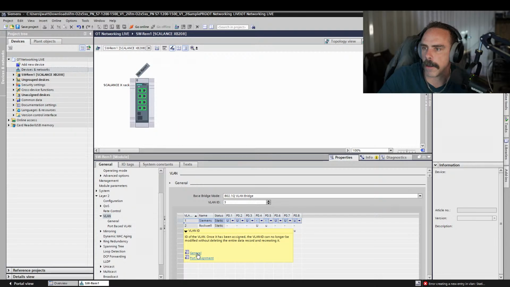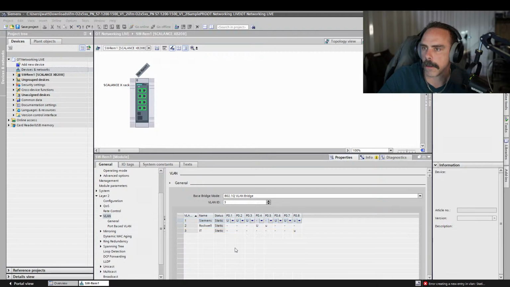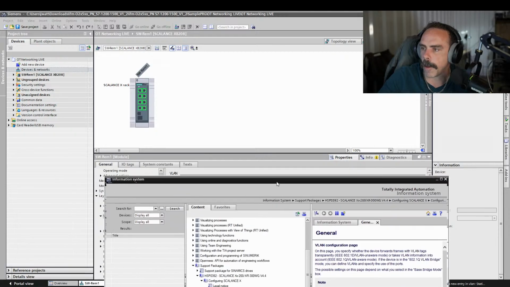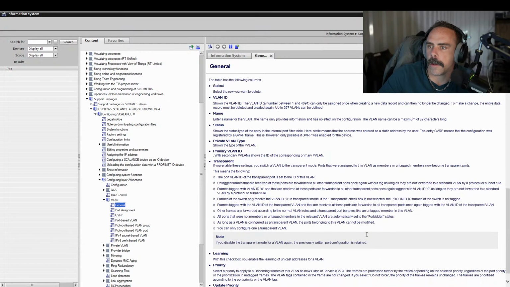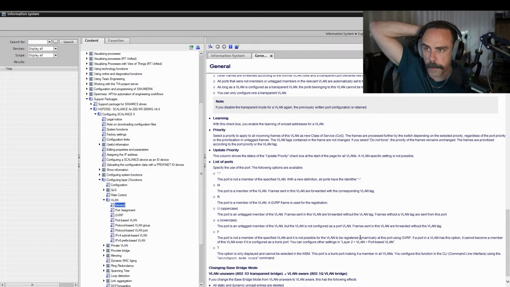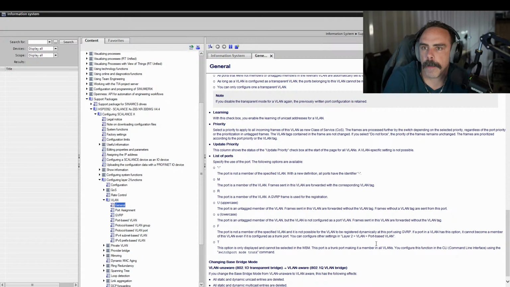Yeah, so let's look at this help file. Transparent. Yeah, here you go. So here's kind of the difference between the uppercase and lowercase. So they are forwarded without the VLAN tag. So on the other side, it doesn't know whether or not that is actually on the VLAN, but the VLAN is not configured as a port on the VLAN. So the way that this goes through